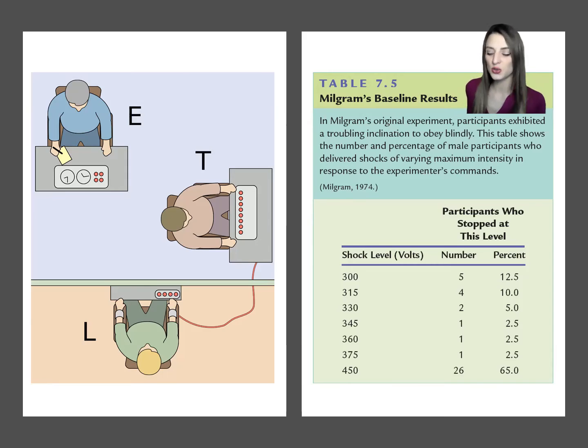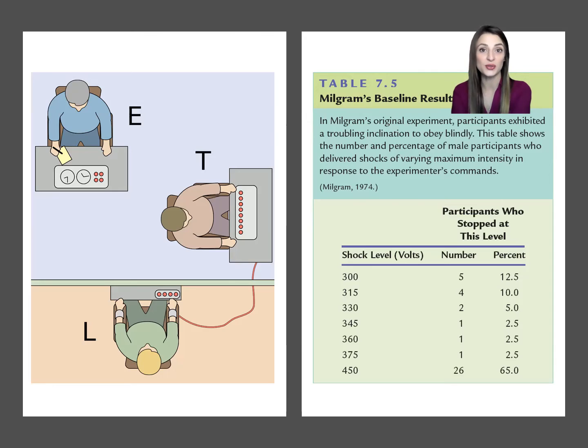In follow-up studies, when the experimenter did not wear a white coat, the results did not look as sad as they look here. People did not go as far as they did in the initial study. When he made the experimenter look less authoritative, less powerful, the results again changed. They were in the more positive direction. People disobeyed sooner. Through the 18 different studies, Milgram was able to explore some of the different situations in which people tend to disobey and people tend to obey. One of the most interesting things about this study is that it has been replicated within the ethical boundaries over